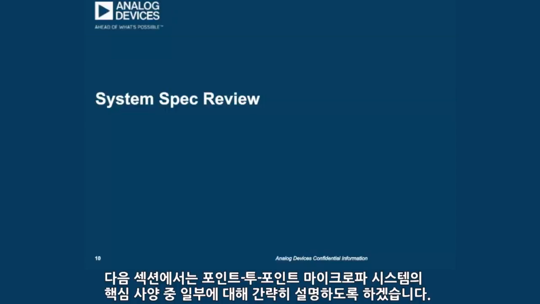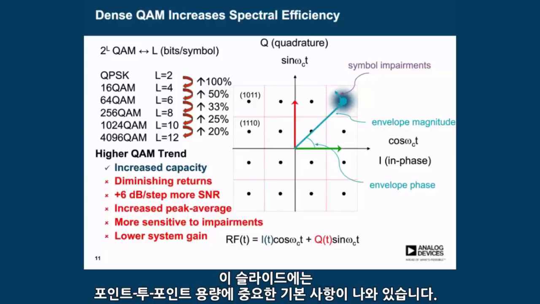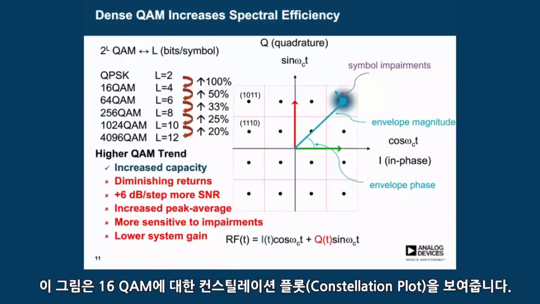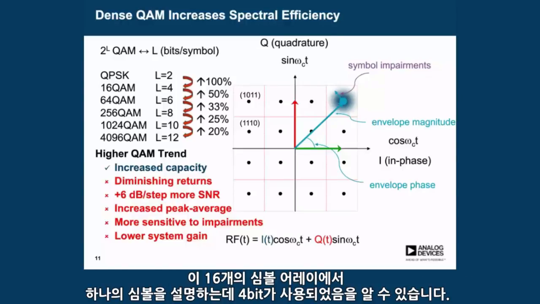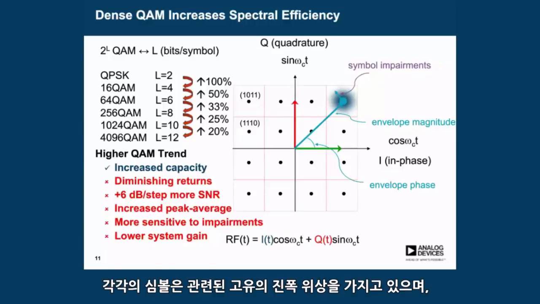This next section contains a brief review of some of the key specifications for point-to-point microwave systems. Point-to-point microwave systems today use quadrature amplitude modulation, or QAM, sometimes pronounced QAM or QAM. The basics important to point-to-point capacity are shown in this slide. The figure shows a constellation plot for 16 QAM. You can see that 4 bits are used to describe one symbol in this 16-symbol array. In this case, the L factor is 4. Each symbol has a unique amplitude and phase associated with it, and these are